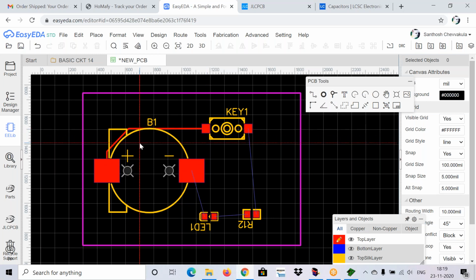Just make sure that there is no 90-degree angle in your routing. Bend the tracks a little bit so that you get tracks of other degrees. Always try to avoid 90-degree angles.